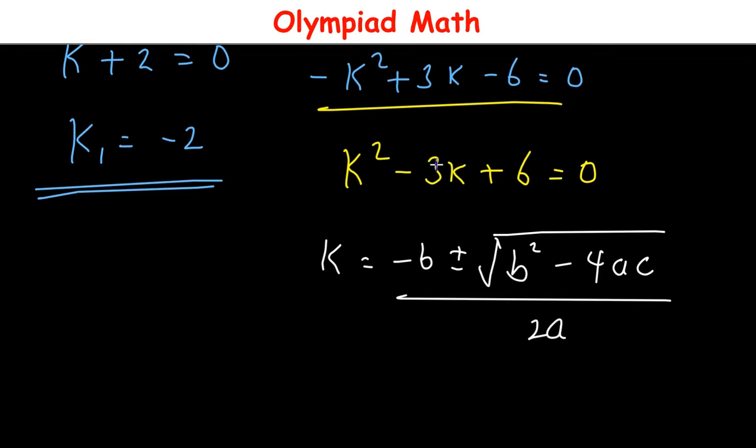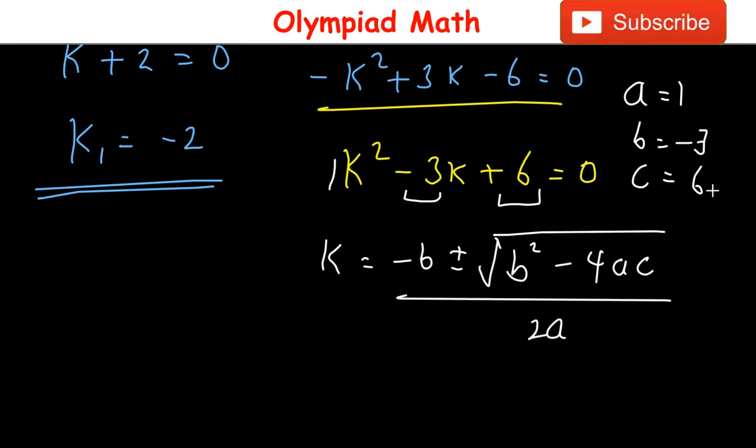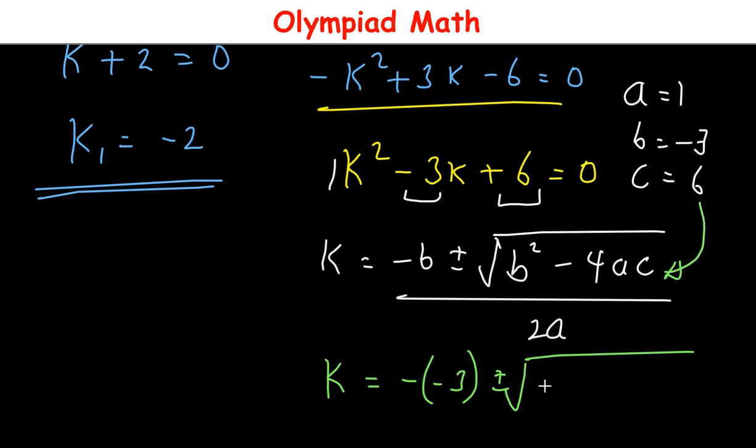And in this case, the value of a is equal to the coefficient of k squared, 1. The value of b is the coefficient of k, minus 3. And the value of c is the constant, plus 6. So putting this into the given formula, we have the value of k to then equal minus b, which is minus 3, then plus or minus square root of b squared